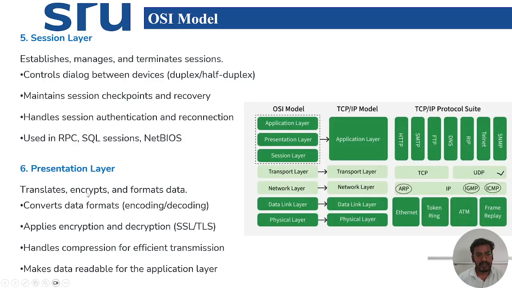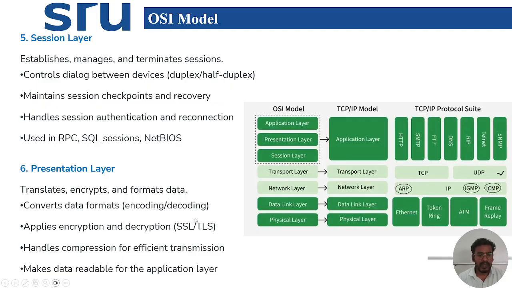Coming to the presentation layer, it translates, encrypts, and formats the data. Here the data is translated from one form to another if possible, and encrypted. Why do we need to encrypt? Because the data should be more secure and not easy for someone to access. That's why we encrypt the data, so the files are not easy to read. And finally it formats the data, converting the data format, with encoding or decoding also possible at the presentation layer.